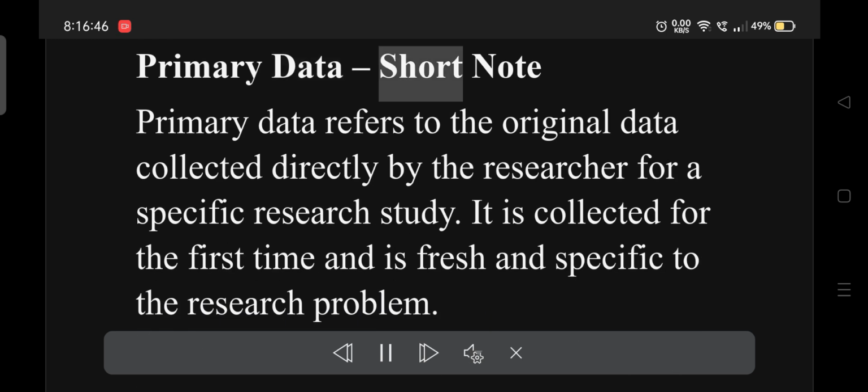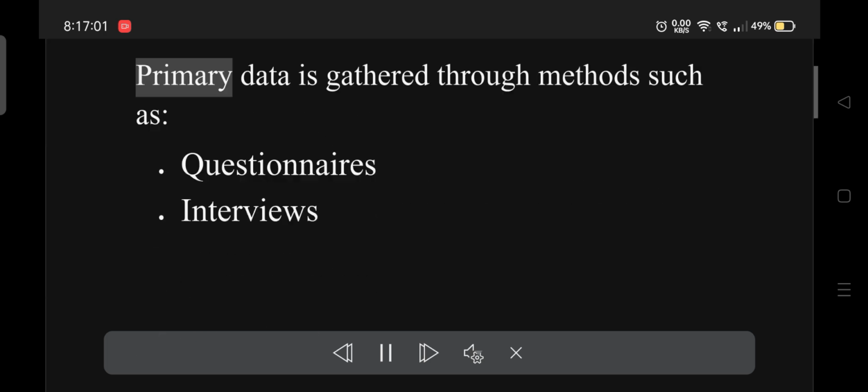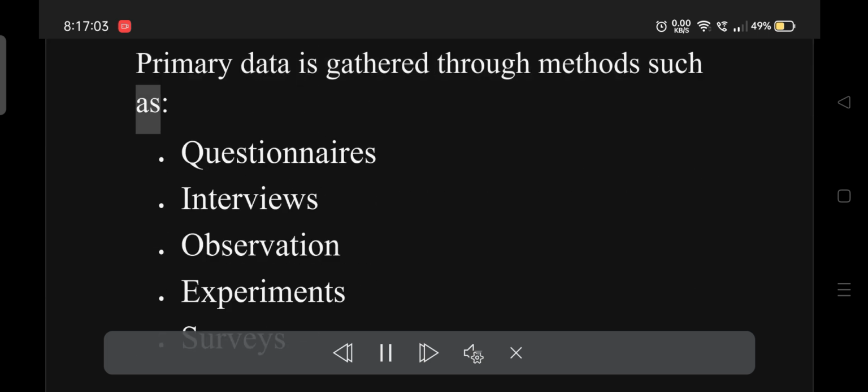Primary data, short note. Primary data refers to the original data collected directly by the researcher for a specific research study. It is collected for the first time and is fresh and specific to the research problem. Primary data is gathered through methods such as questionnaires, interviews, observation, experiments,